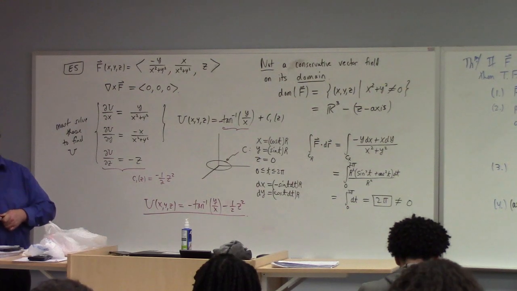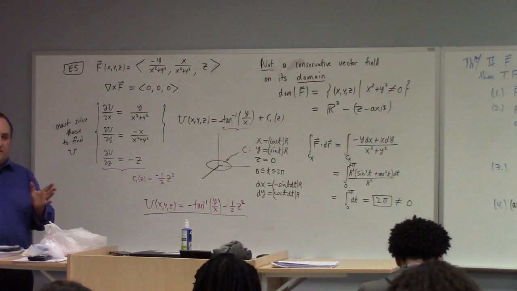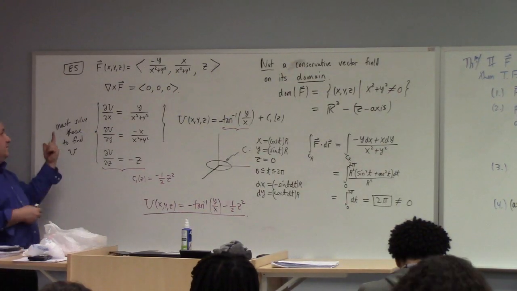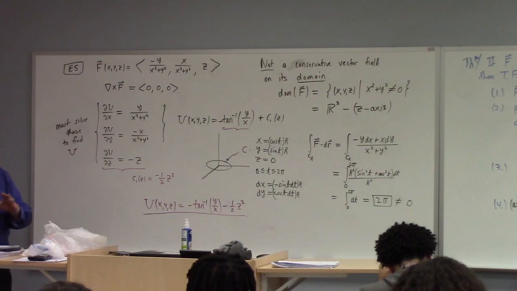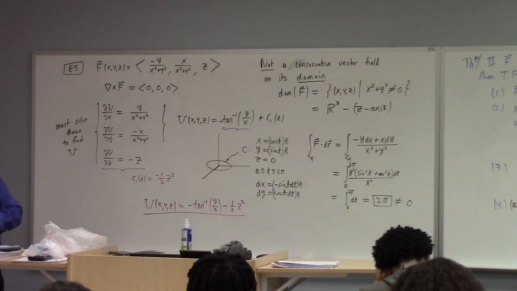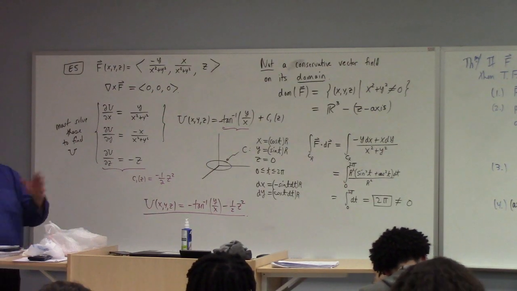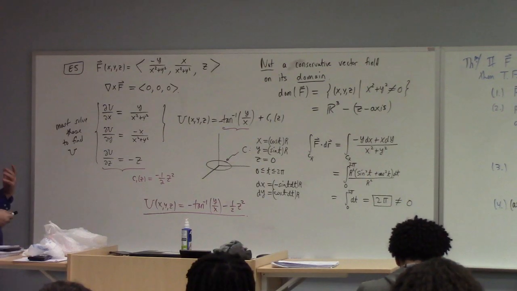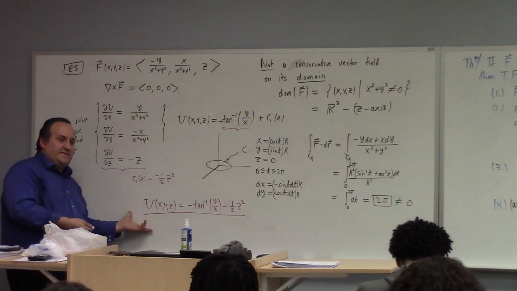So you guys tell me the riddle. This seems like a paradox, right? Because it kind of seems like I've showed it's conservative because I showed you the curl was 0. I didn't show it to you, but trust me, it's true. 10 minutes of differentiation, we get to it eventually if you don't make a mistake. It's tough to see, but it's true. And it seems like I found a potential energy function,